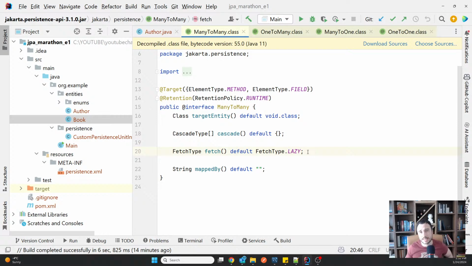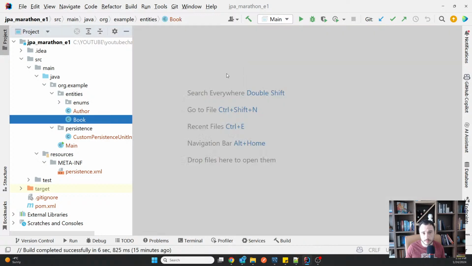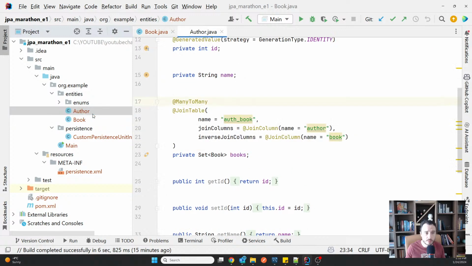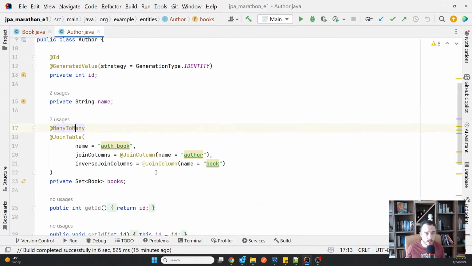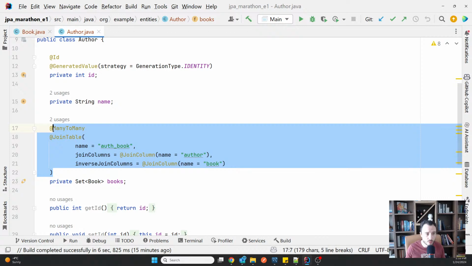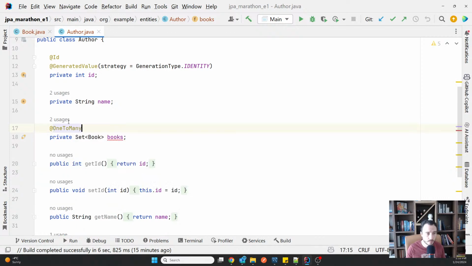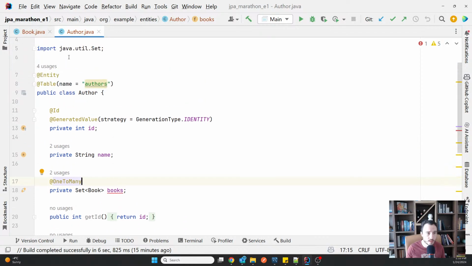But it also has downsides, and the downside is if you have a lazy relationship but then you want to retrieve it, you might run into an n+1 query problem. And that's something you can demonstrate. Maybe if you have a one-to-many. Let's try to have a one-to-many between author and book. No, let's say we go back to a one-to-many. So one author, many books.